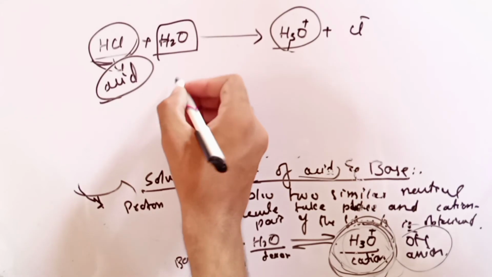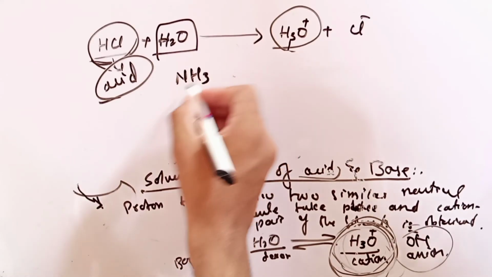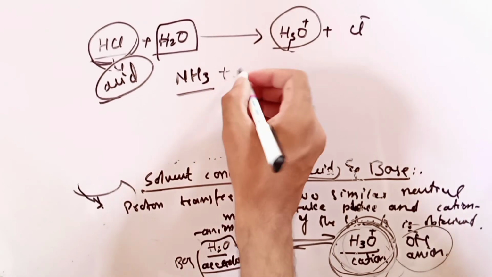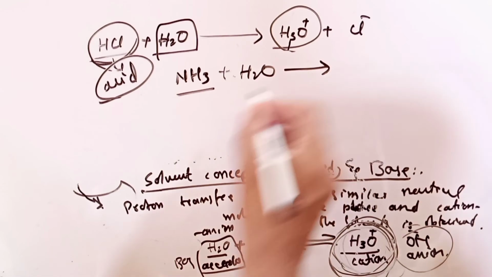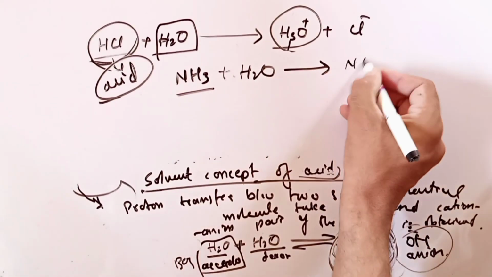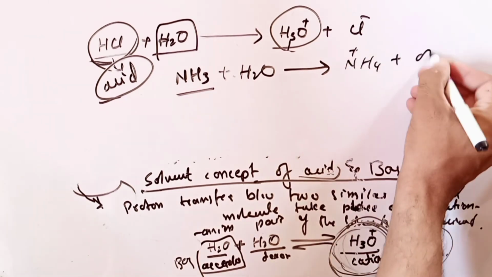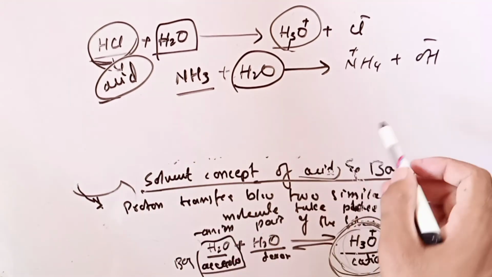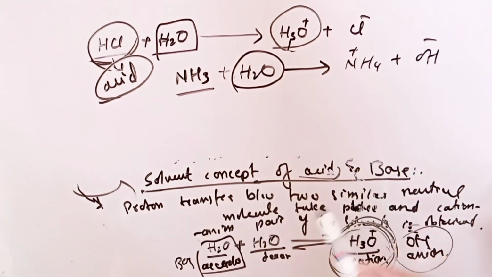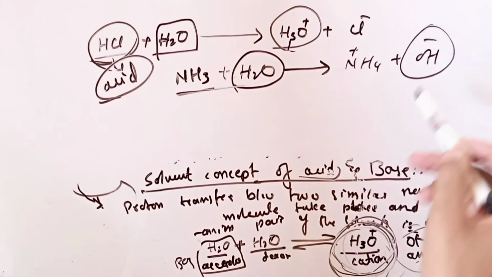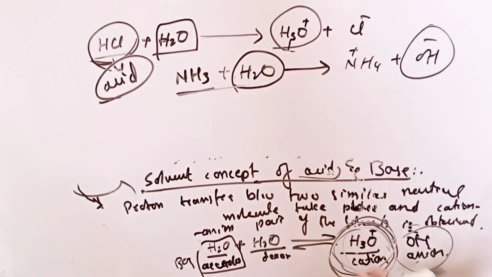For example, let's assume that we don't know whether NH3 is an acid or a base. When we add NH3, ammonia, into water, what will happen? It will accept one proton from water and produce NH4+ ions plus OH− ions. In the autoionization of water, a cation and anion pair are produced, while here in the products of this reaction, the OH− concentration is greater when compared to the autoionization of water.